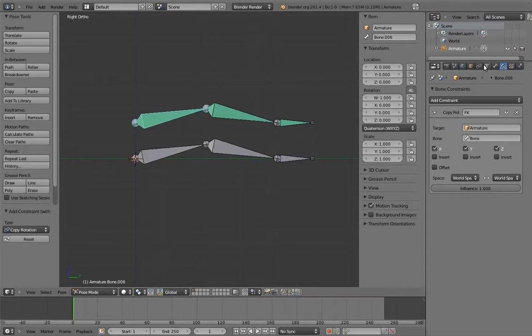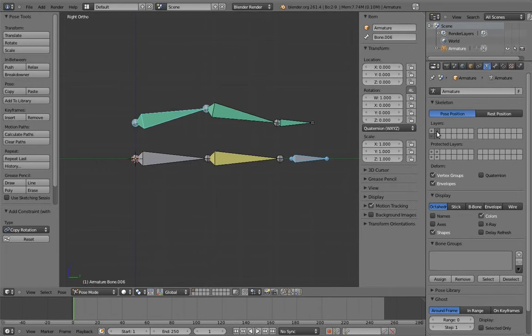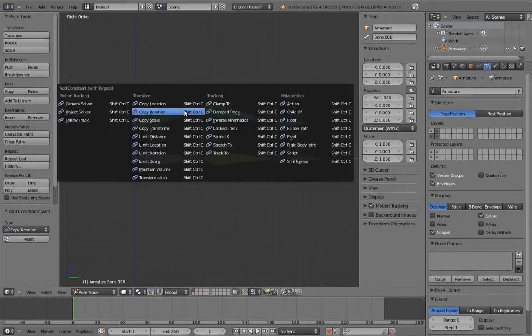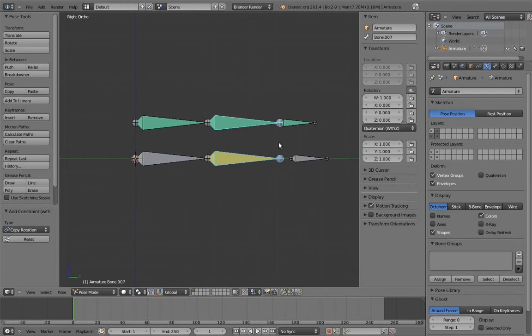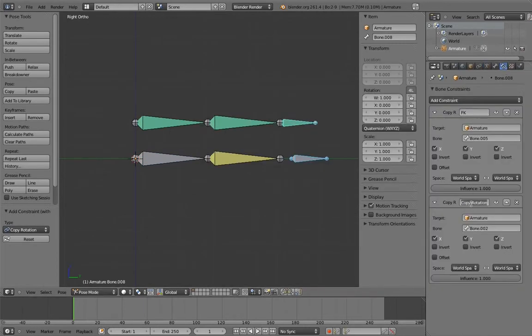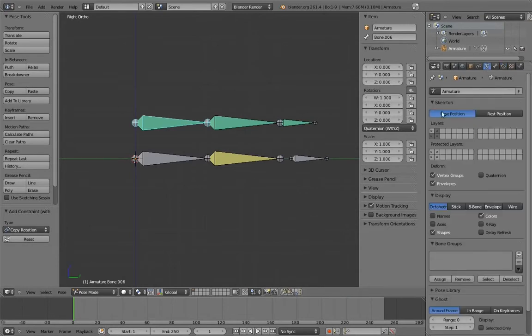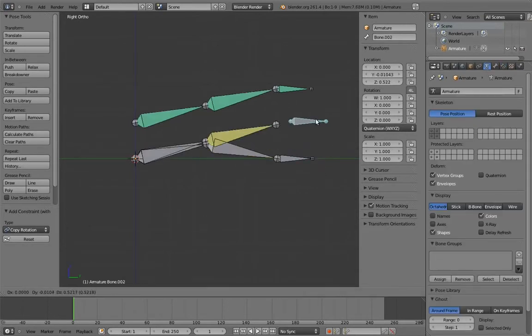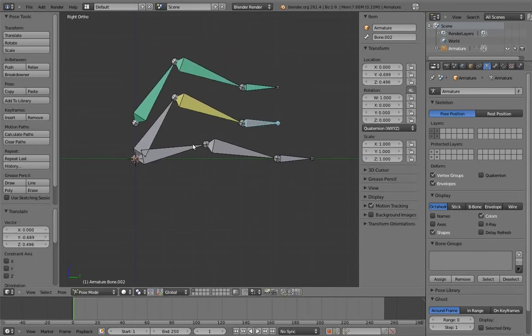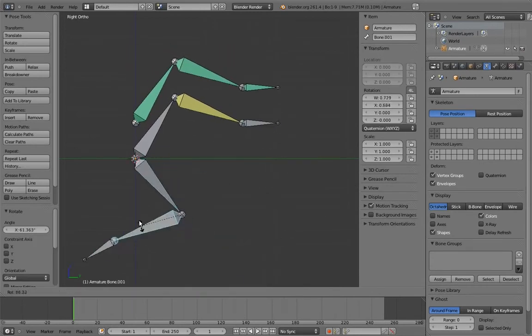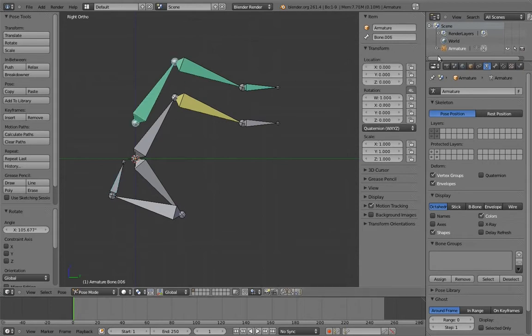Now hide the FK layer, and unhide the IK layers. And constrain the intermediate chain to the IK bones. And name those constraints IK. Now unhide all of the layers, and let's play with this. Right now it's following the IK chain. That's because we added the constraints for the IK chain after the ones for the FK chain, so they're later in the stack, and therefore overwriting the constraints to the FK chain. But if we slide the IK constraints influence to 0,